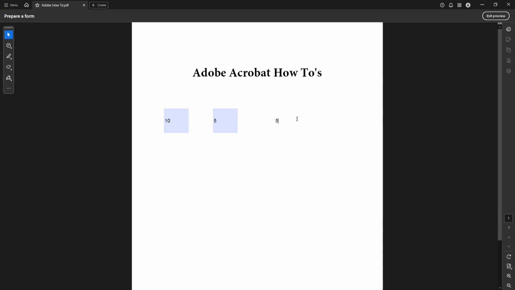Adobe Acrobat Pro DC. We hope this guide makes your work with PDFs more efficient and